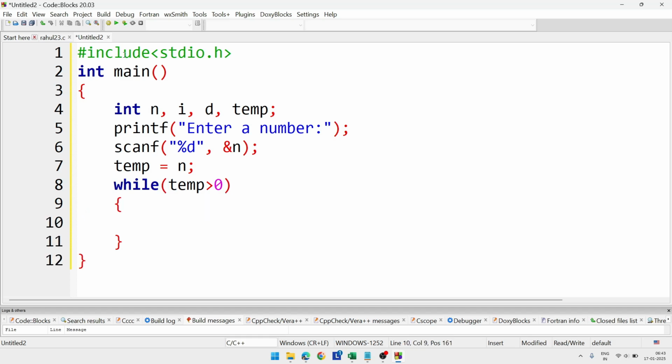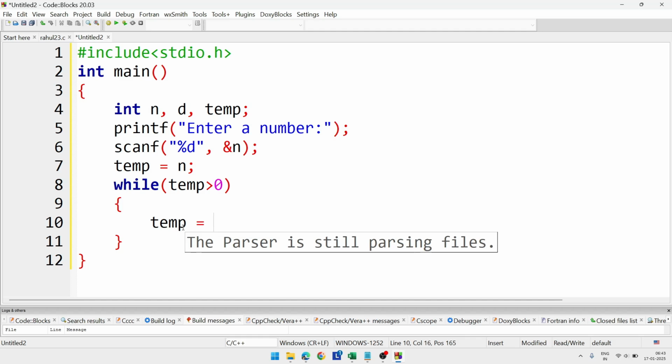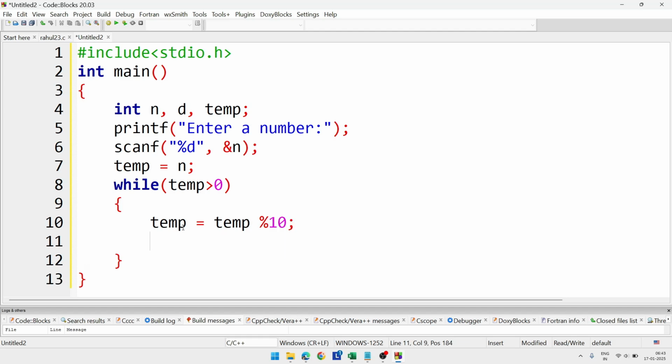Then what we will do, we will divide the value of temp, here we don't require I, temp equal temp modulus 10. After writing this line, we will display,